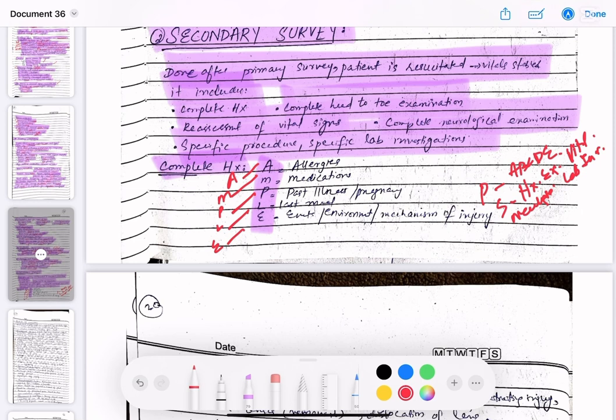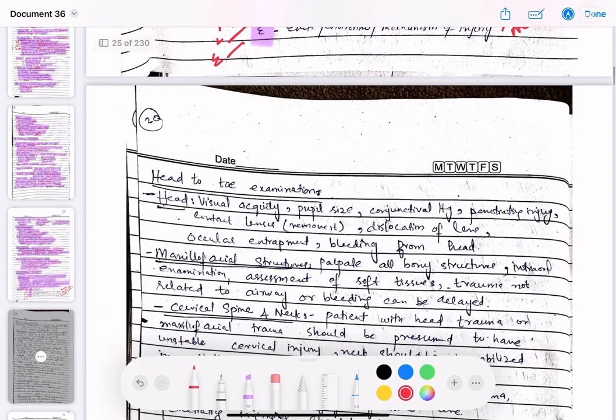So this is the flow for the history. AMPLE: allergy, then medications, then past history, then L is the last meal, and E is environment or exposure, or how the injury occurred. Now for the head to toe examination, the head is